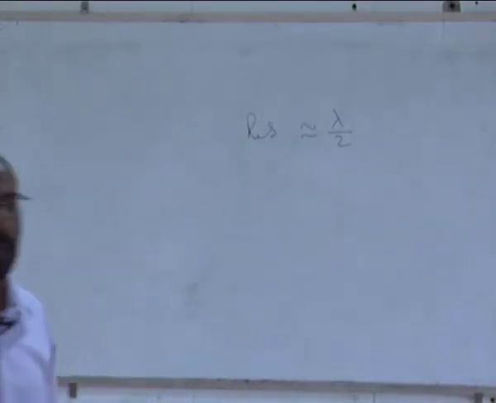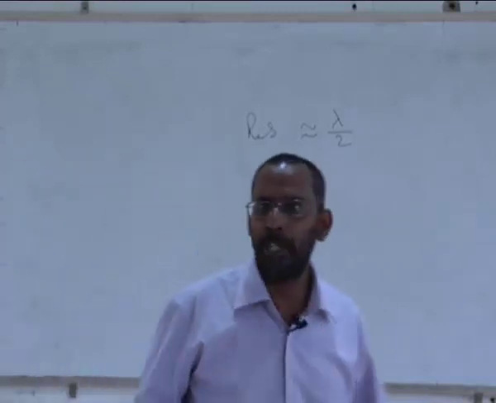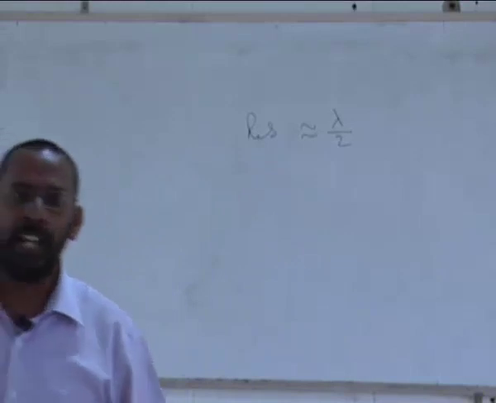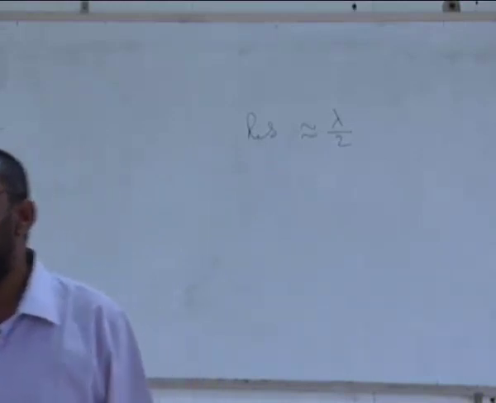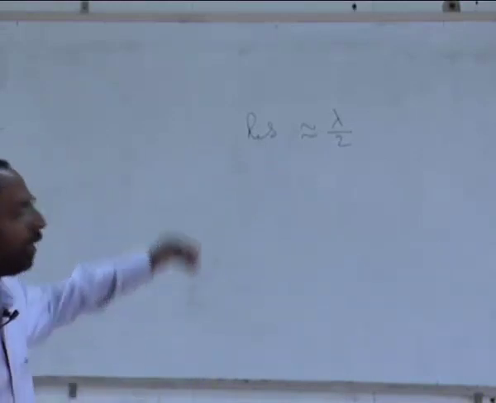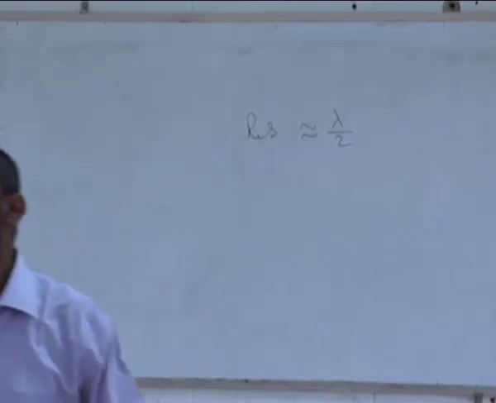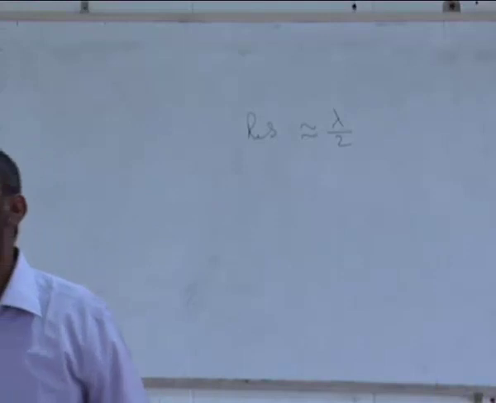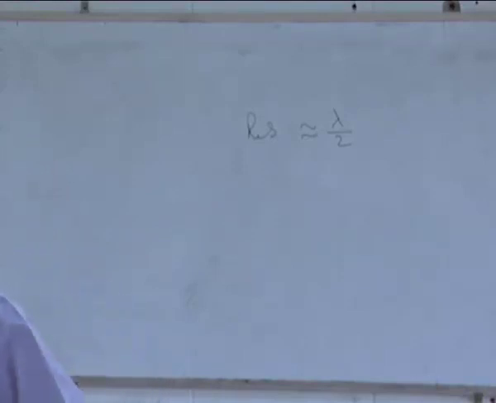And for a small lambda in an optical microscope, we have a limitation. We said that the lowest lambda that we know is violet, nothing below violet we know. So if I take violet as approximately 200 nanometers as a wavelength, that divided by 2 will tell me what is the limit of resolution.